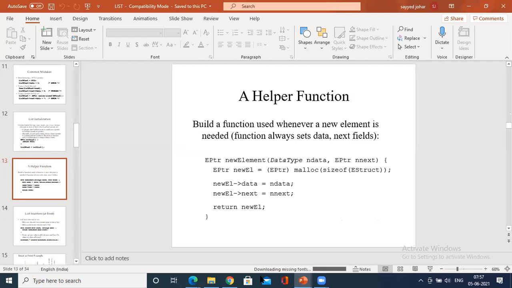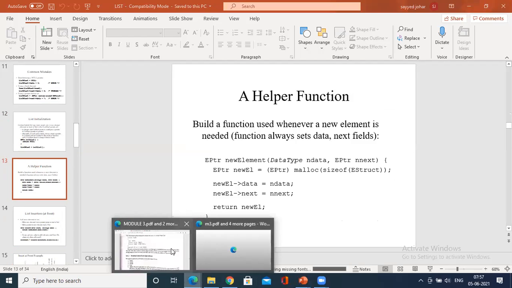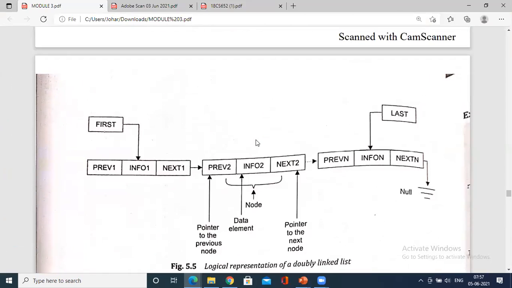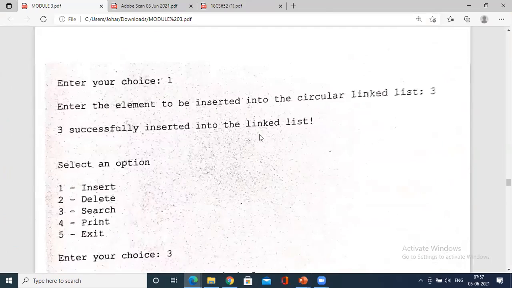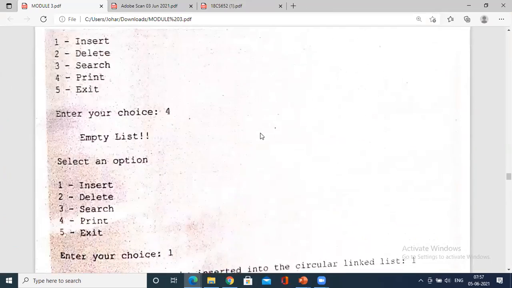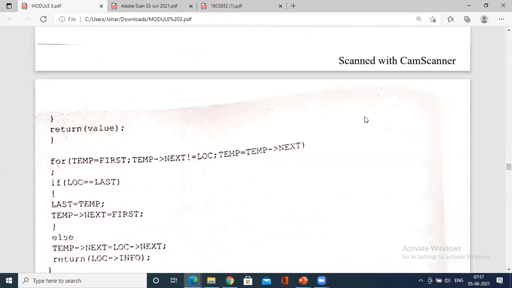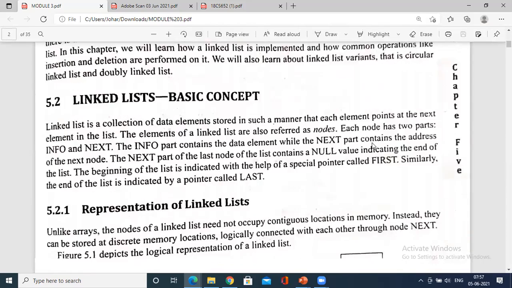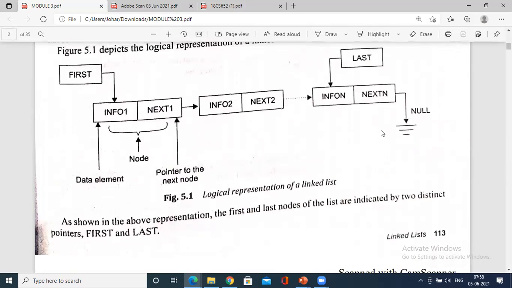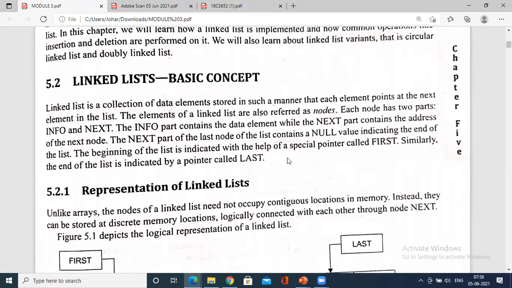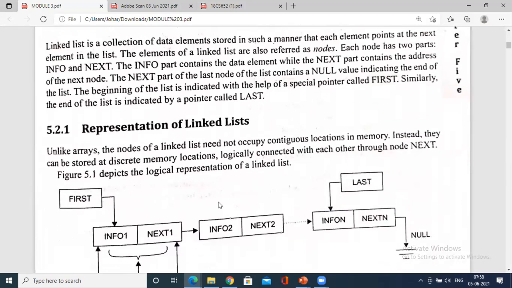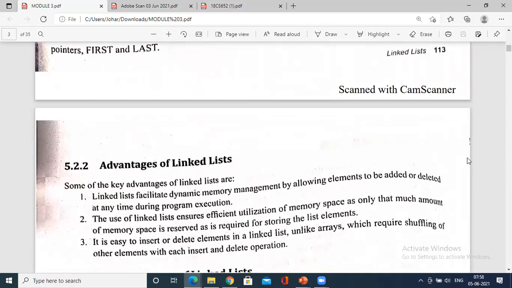Now coming back to the concept, let us go with a simple concept. Hopefully all of you have understood conceptually what is single, what is double, and what is circular list. Now we have to go with a few of the operations. What are the operations that are supported with all these linked lists, that is a single linked list, circular list, and the double linked list. So here he has shown you what is a single linked list and how you insert.